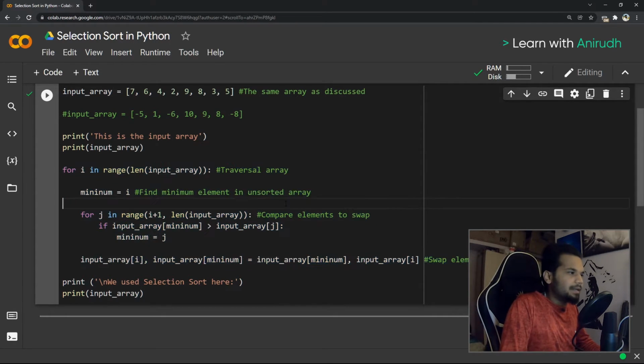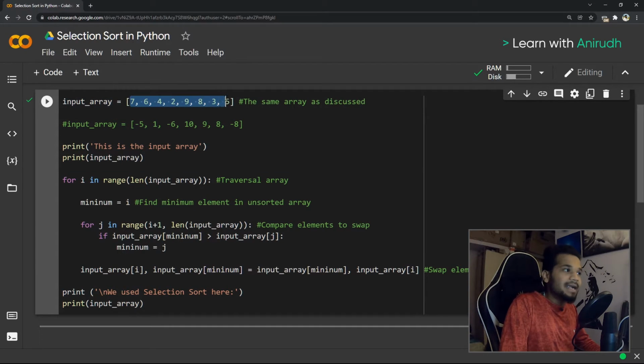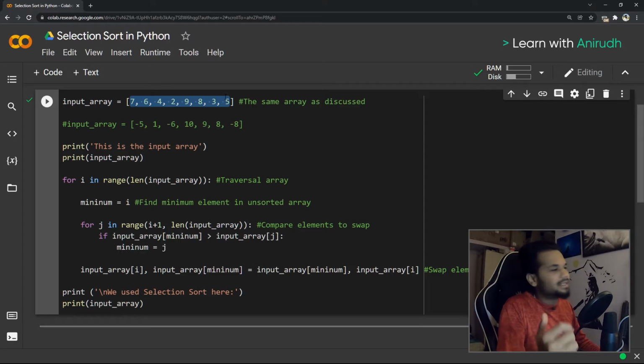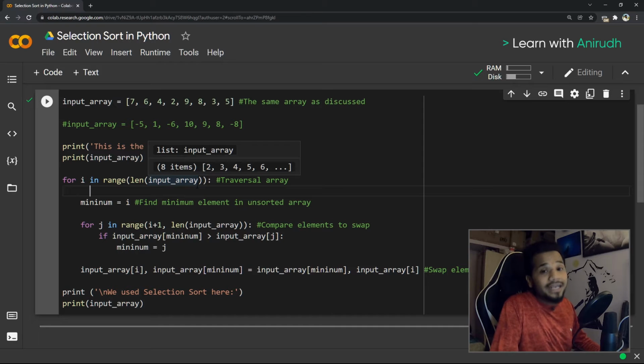So let's go through it line by line. What is the first line doing? The first line is something we call a traversal loop. The traversal is basically helping Python move from the first element until the last element. It's very simple. As you can see, we say for i in the range until the length of the input array, we're saying, hey, go from the start until the maximum length of the input array and just traverse through each of those elements. And once we have that, we're giving Python a chance to look at every element.